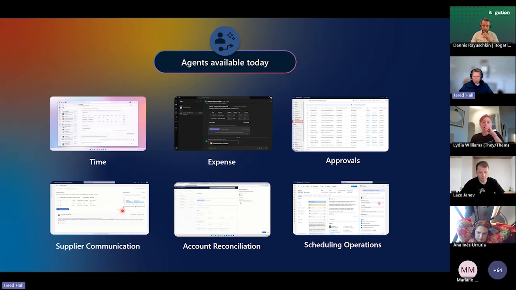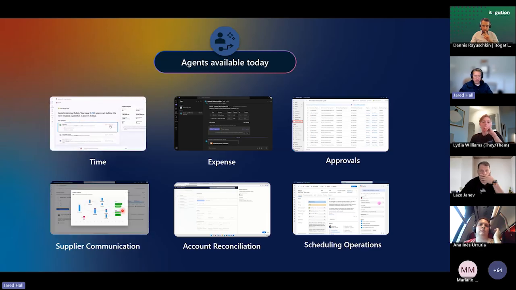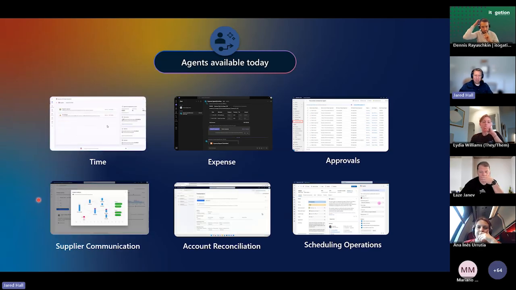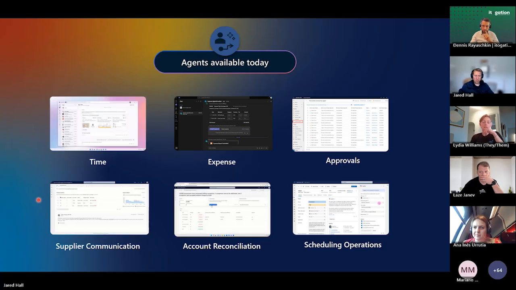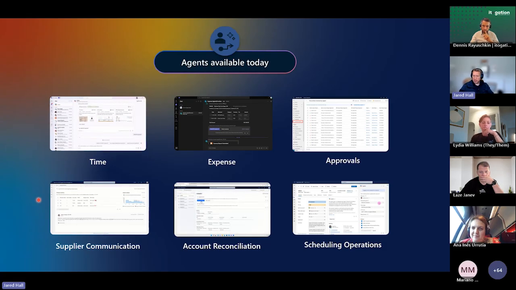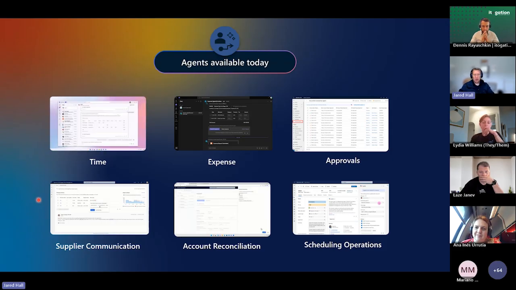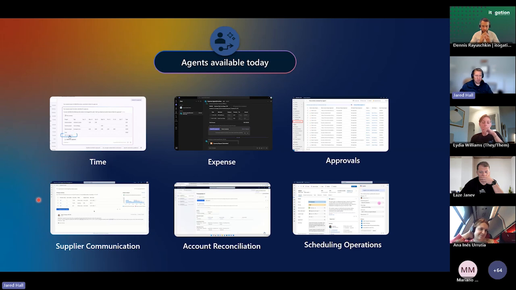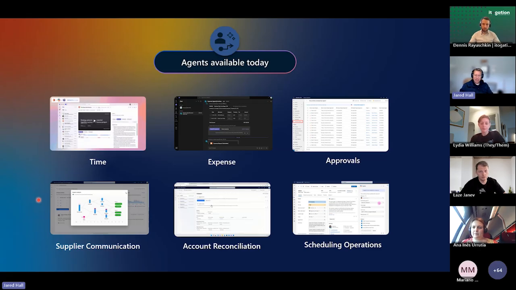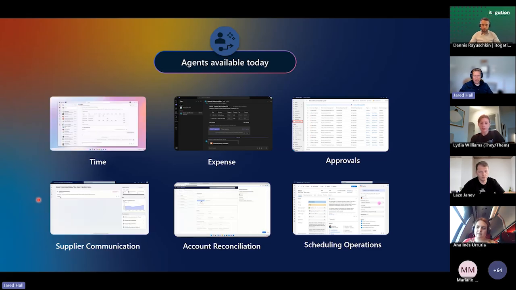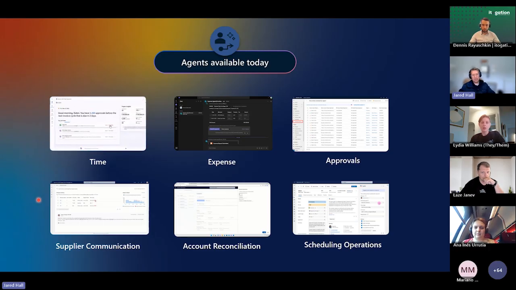A really good example of that is a supplier communication agent, because we're automating things that haven't been done before, that we couldn't automate prior to AI being involved. In this example, with the supplier communications agent, we're receiving an email from a vendor. And rather than a human having to go in and read that email and understand the context of the email and then open up finance and operations and perform an operation, we can have an AI agent automatically read and process that email, understand the intent of that email based on the language,